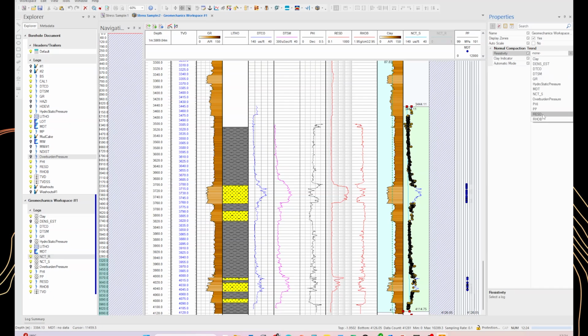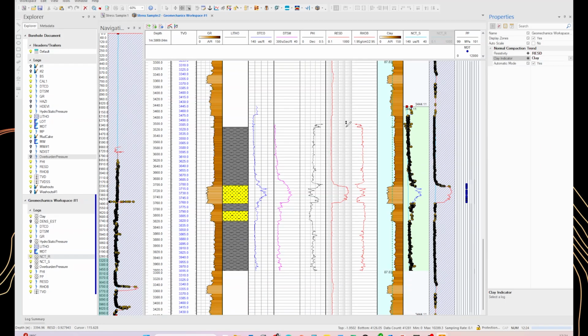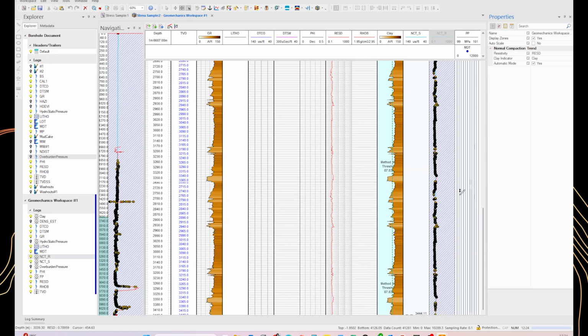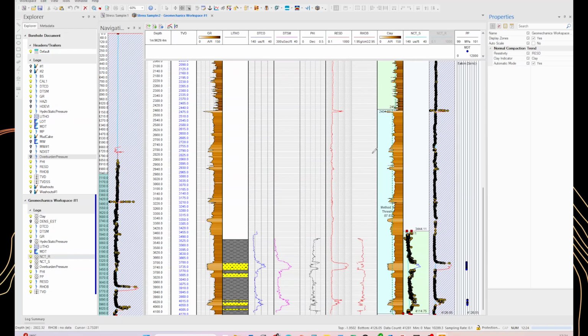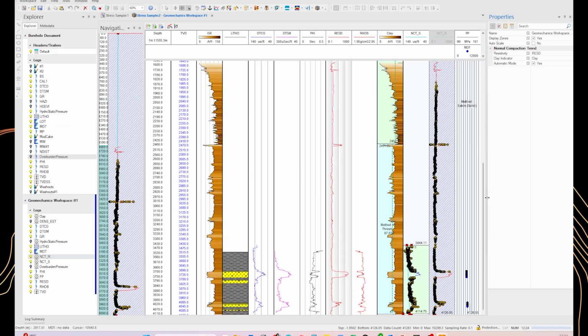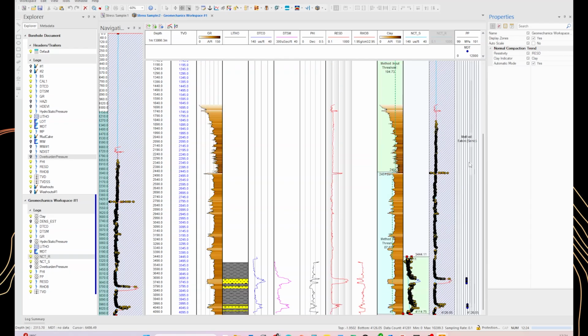We select the deep resistivity and the shale indicator, and we end up with this new curve. When we zoom out, we see the complete distribution of the normal compaction trend line. The trend line is quite easy to pick, and WellCat is doing it interactively for us. We can test how the automatic calibration works. We bring in this new zonation, and once we are satisfied with the normal compaction trend line, we can move to the pore pressure.